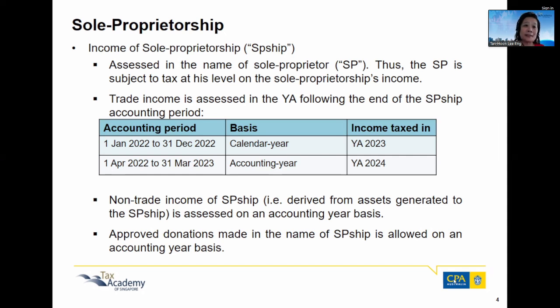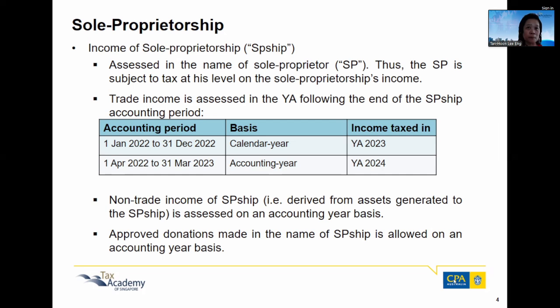So for this business, if the accounting period is on a calendar year basis, that means January to December, then we look at December. You look at the table, 31st of December 2022. This is the end of the sole proprietorship accounting period. So income will be taxed in YA 2023. YA stands for year of assessment, I think by now you all know. So we call it YA 2023 because the end of the sole proprietorship accounting period is on 31st of